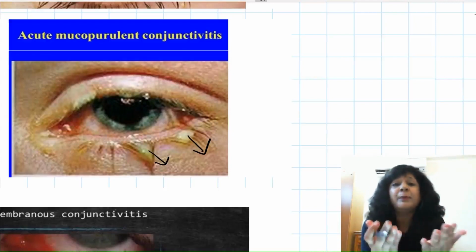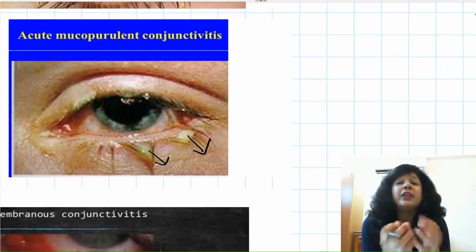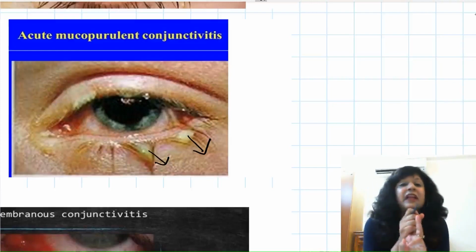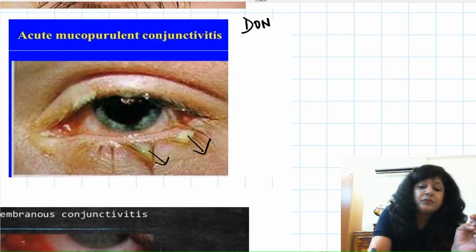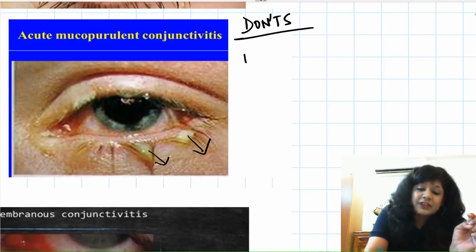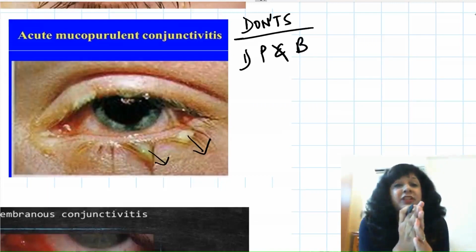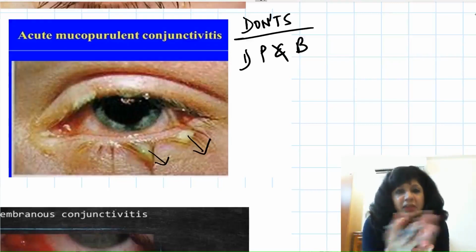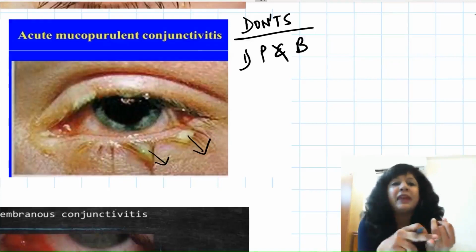And obviously we will give topical antibiotics. Because there is a lot of discharge and stickiness, we also go for irrigation of the conjunctival sac. But the don'ts are more important here in comparison to the do's. What should be the don'ts? There are some things that you should never do. The first is padding and bandaging. Never do padding and bandaging in cases of infectious conjunctivitis, because by doing that we are converting the conjunctiva into an incubator. You are increasing the temperature and the flora will flourish inside. So never do padding and bandaging.